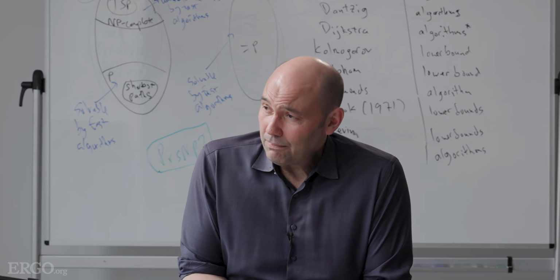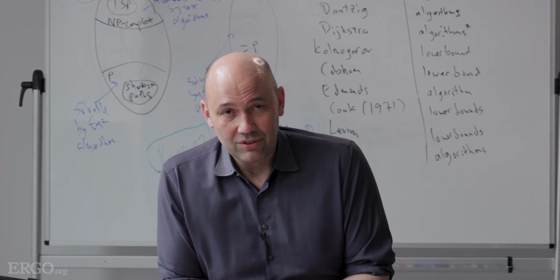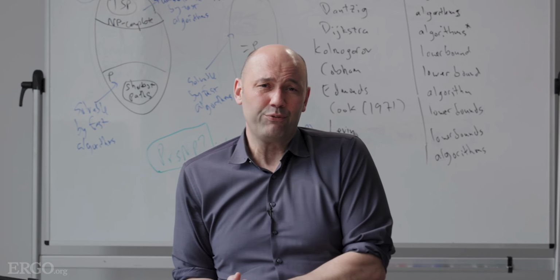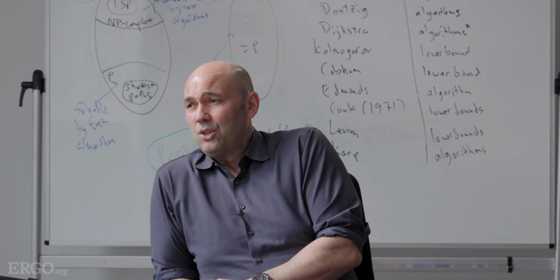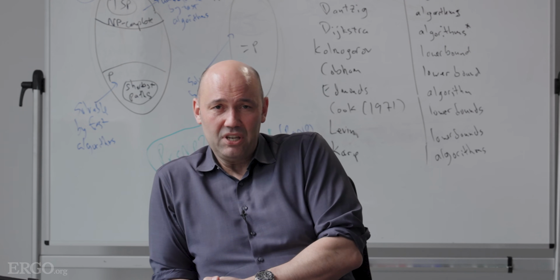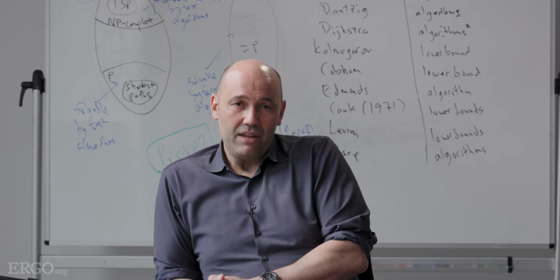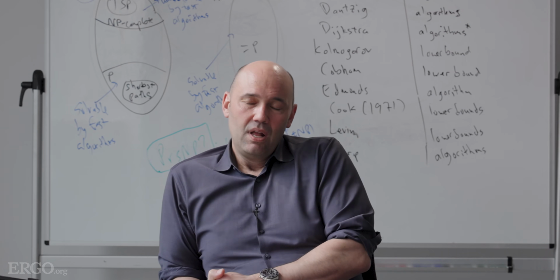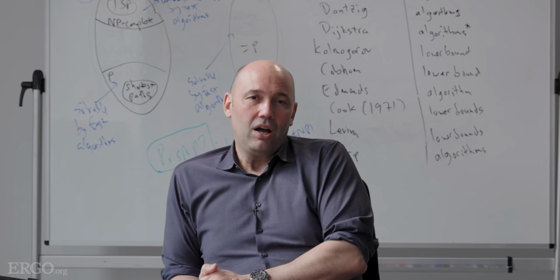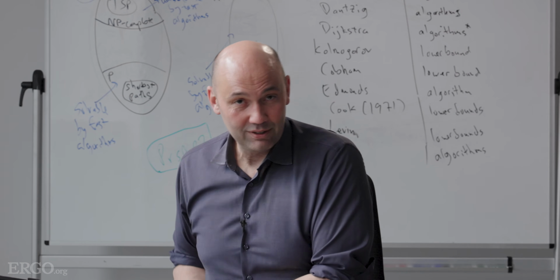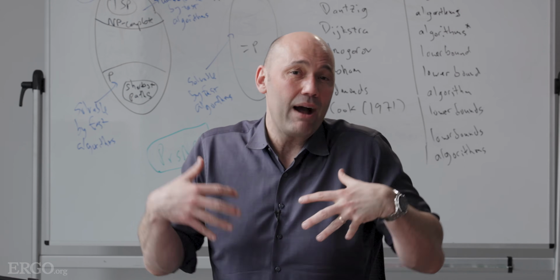So he basically crowdsourced suggestions. So we're talking about 1974 now. So he can't exactly post on Twitter for suggestions or anything like that. But there was a newsletter that all the theoretical computer scientists read called SIGACT News. And so Don Knuth put out a call for suggestions for what we should call what we now call NP-complete.